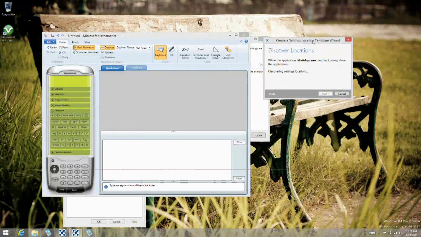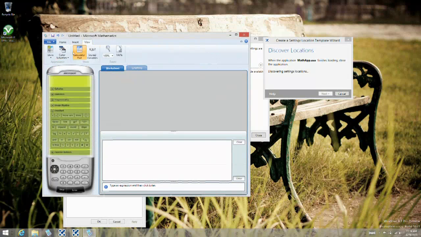Now, the beauty of this is it works with physical applications installed on the machine or a virtual application. So now you can roam between a virtual application with the same bitness or a physical application with the same bitness. I can make changes to it, I can adjust it, I can change the colors.